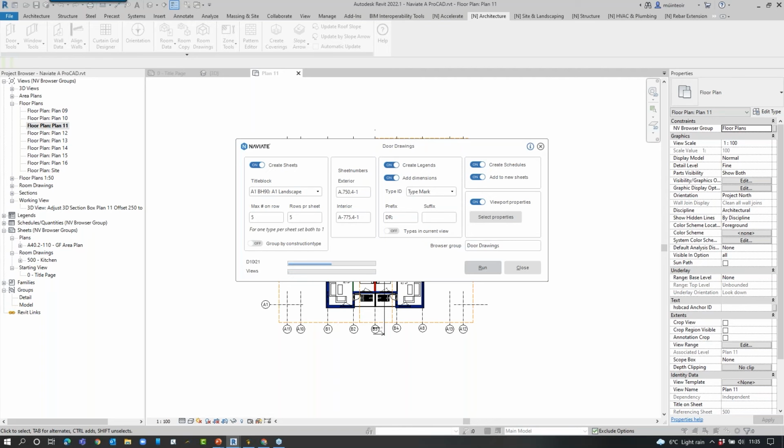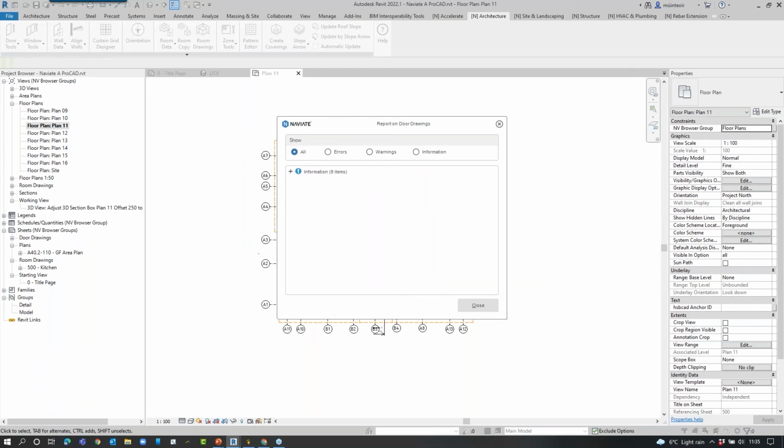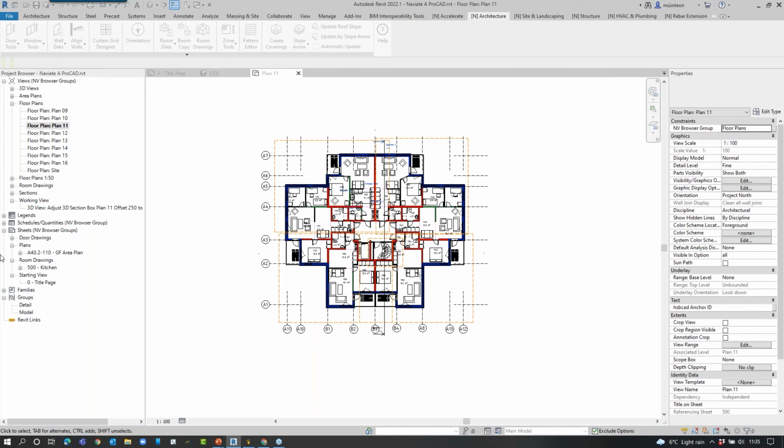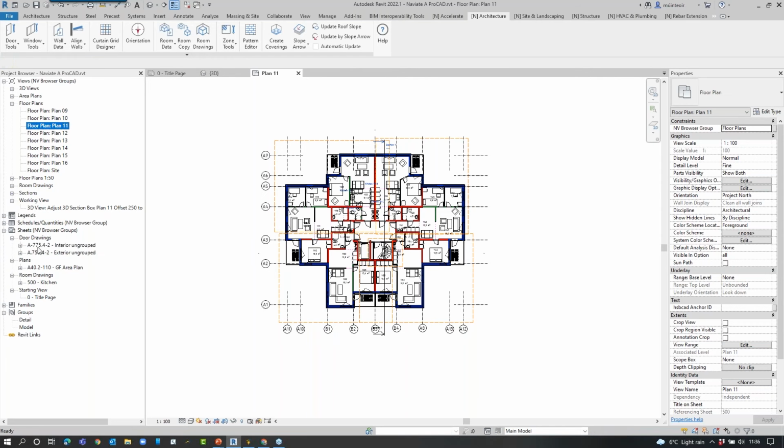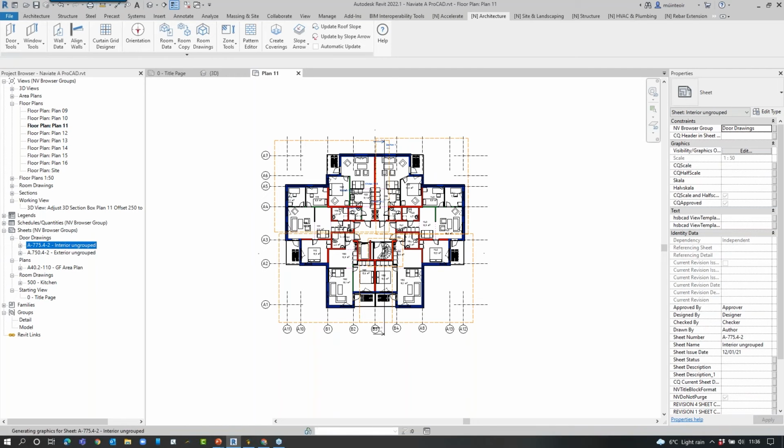So instead of me creating individual legends, setting the scale, placing a legend component, selecting the family, selecting the view, dimension it, label it, tag it, schedule it, then create my sheet, Naviate is just going to do all that work for me. And hopefully in a matter of seconds, there we go. We select close, go to our browser, under door drawings. You can see I've got an interior